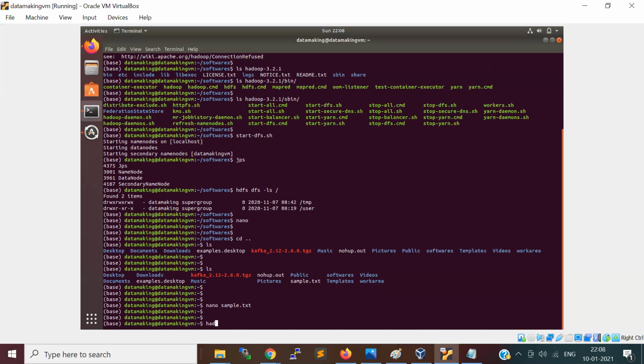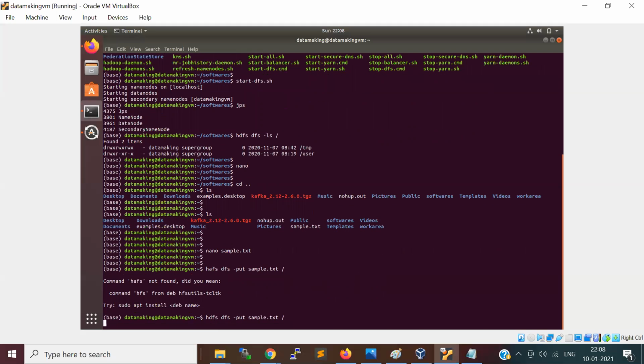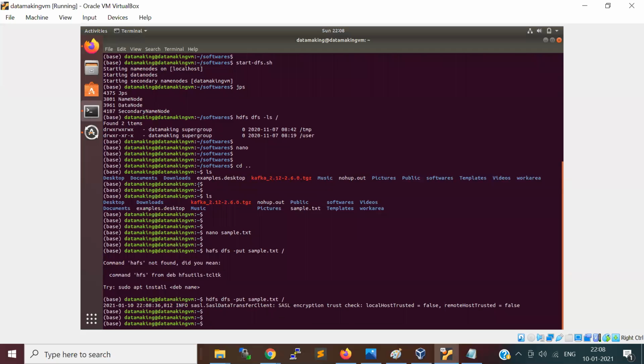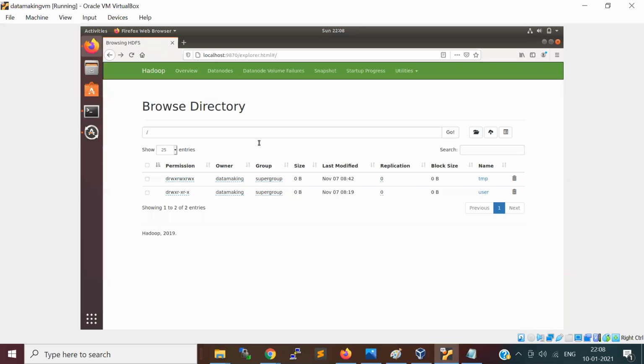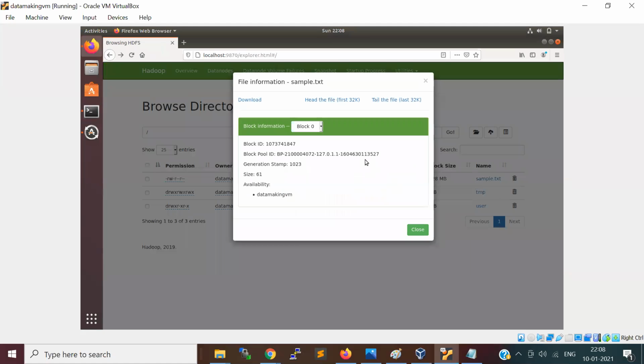Now let's try to copy this into HDFS with hdfs dfs -put, and then I give the sample file name. There's a typo, sorry. There is some warning, just ignore that. If you go here, I see this file is placed here.